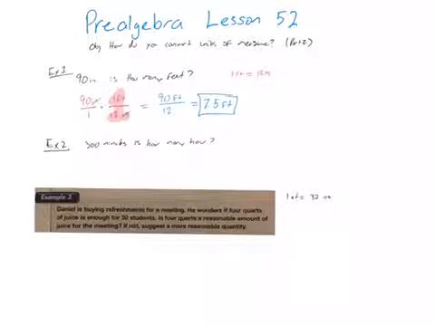Example 2 says 300 minutes is how many hours, is what they're supposed to say. So again, I remember that 60 minutes is equal to 1 hour. So I'm going to write this 300 minutes over 1. I'm going to use these numbers right over here on top and bottom. Since I'm trying to get rid of minutes, I'll put the minutes in the bottom and the hours on top. So I'm going to say 60 minutes